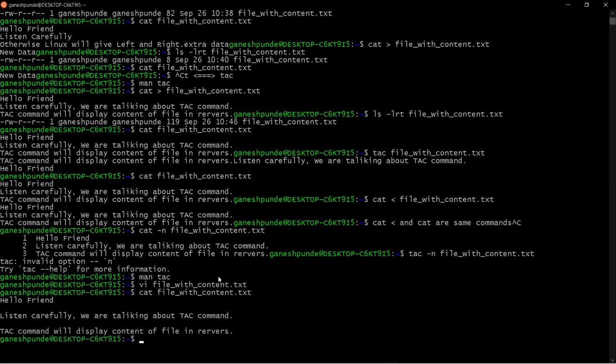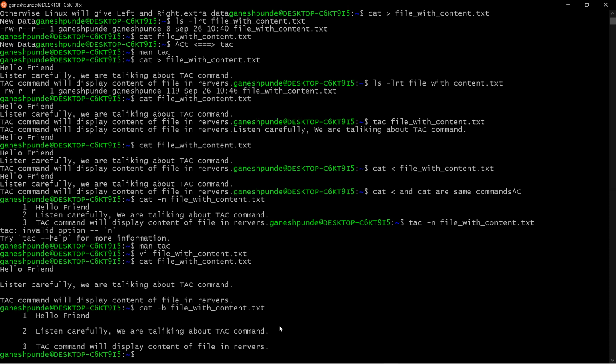You can see there are blank lines, right? But in some cases you want to skip these blank lines. So what you can do is cat -b file, right? You can see it is keeping the blank lines.